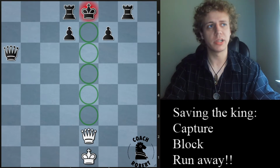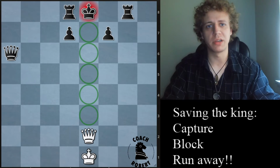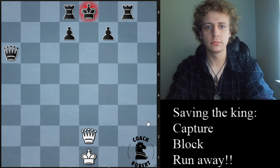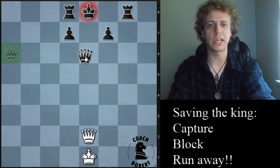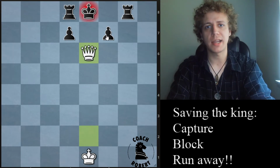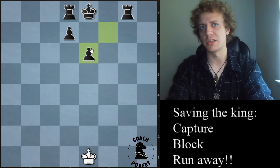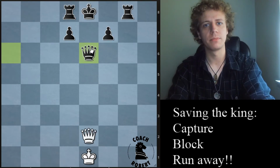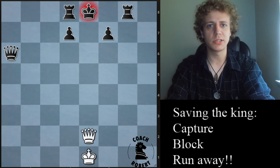So if you're not familiar, you could pause the video now, see if you can find the way of blocking. I'm about to show it. The way that you would block here is, again, a queen move. We put the queen here on e6. And you'll notice that if they take it, you just get taken back, and that's kind of a fair exchange. We both lost our queens, and so black is still on top here, being the only one with pieces remaining. So blocking is also fine,